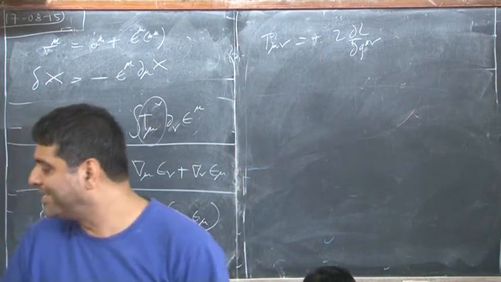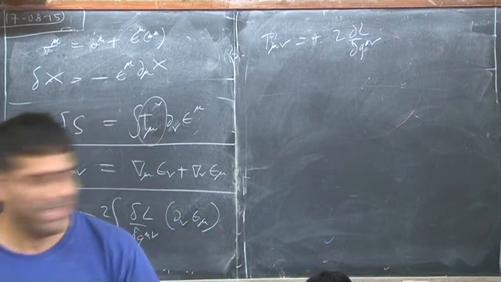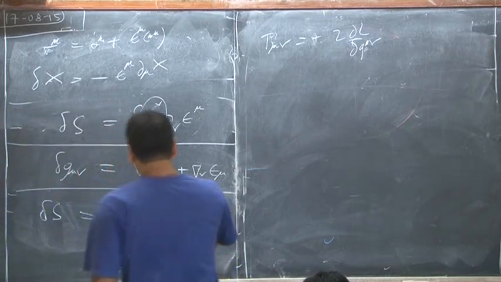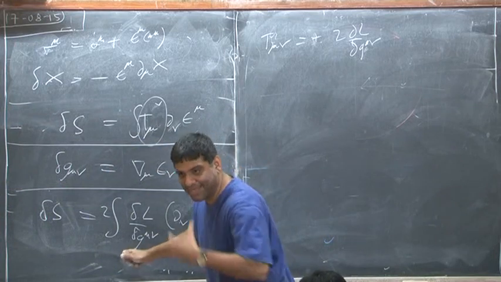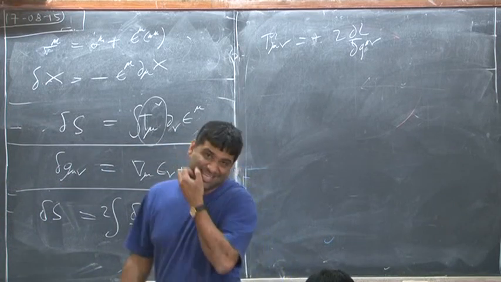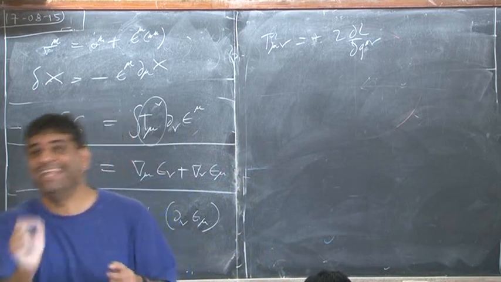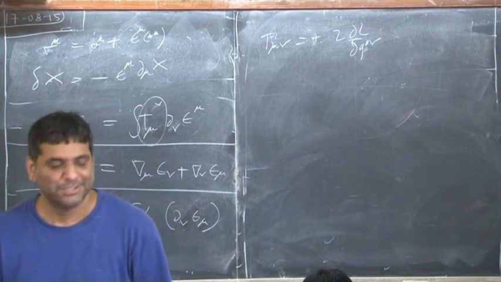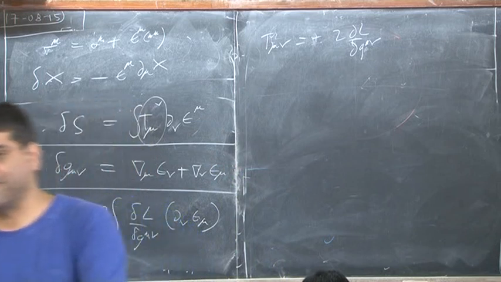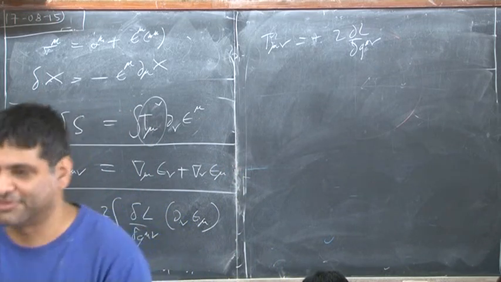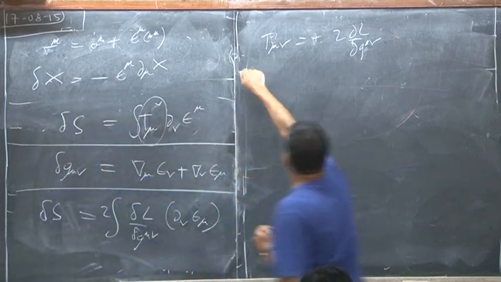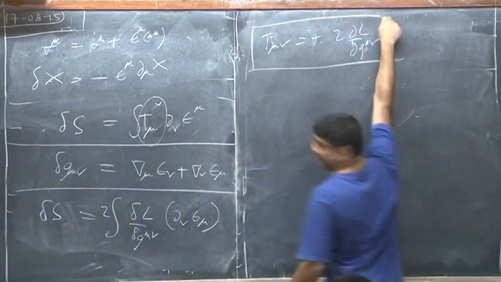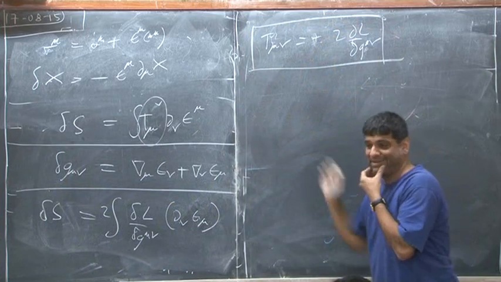It's called an improvement term of the stress tensor. But you can always make one choice of that improvement term. These improvement terms are identically conserved, so given a conserved term, you can always add something identically conserved and it will remain conserved. So you can always make one choice of improvement terms such that we get this as our definition